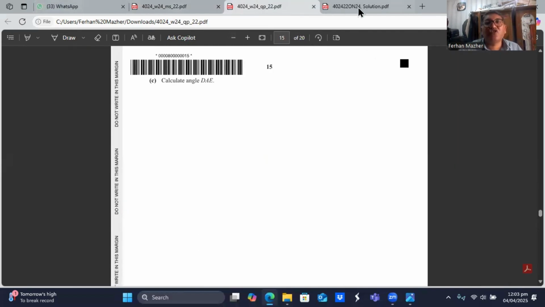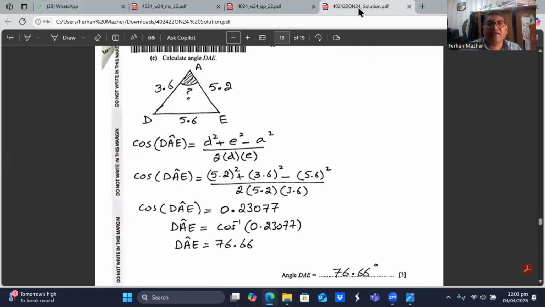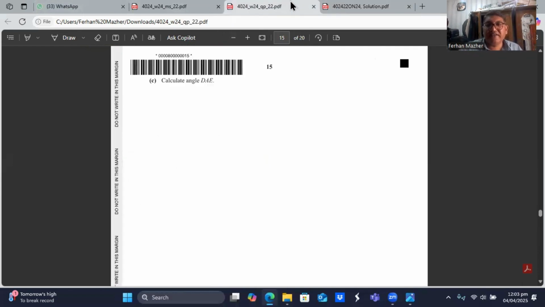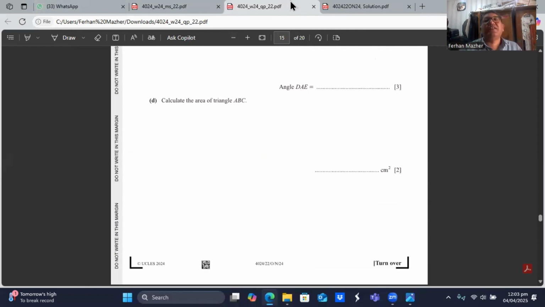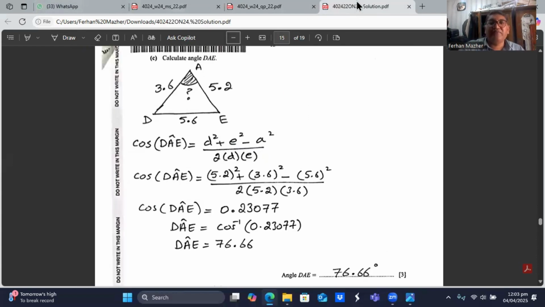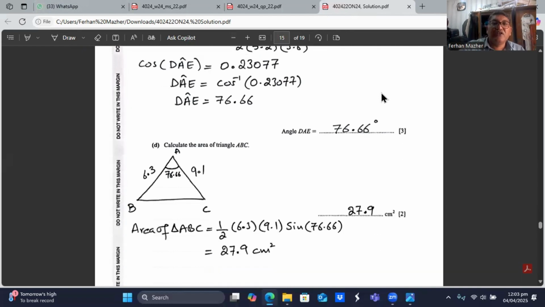Then we have question number 8, and I hope you understand this. Question number 8 and its D part. He says calculate the area of the triangle ABC. So the area of the triangle ABC is very simple. I know the angle between,